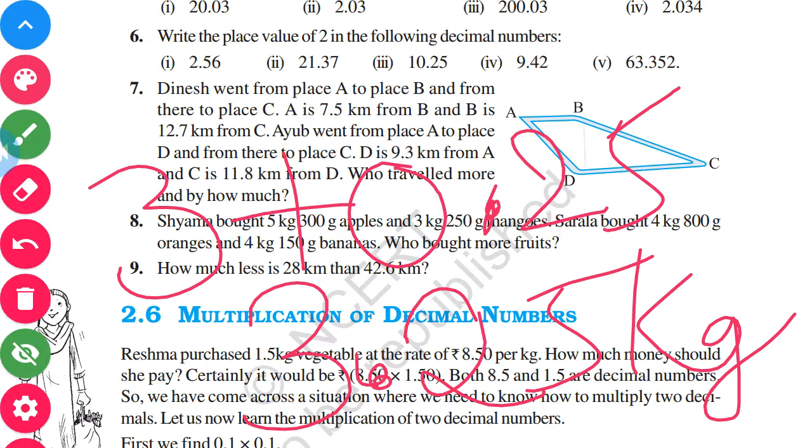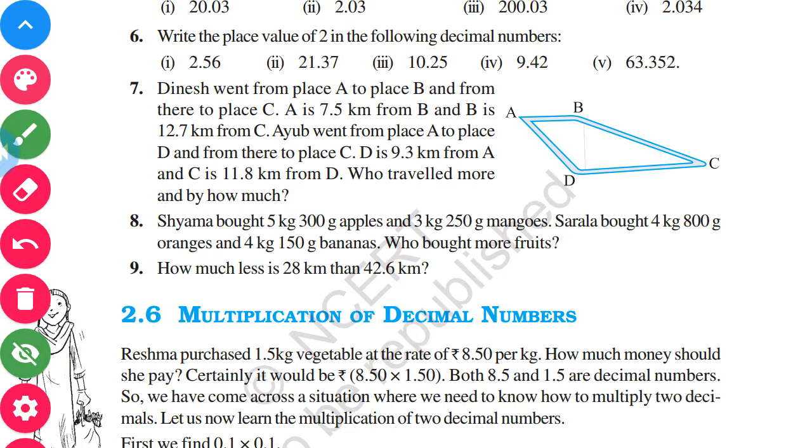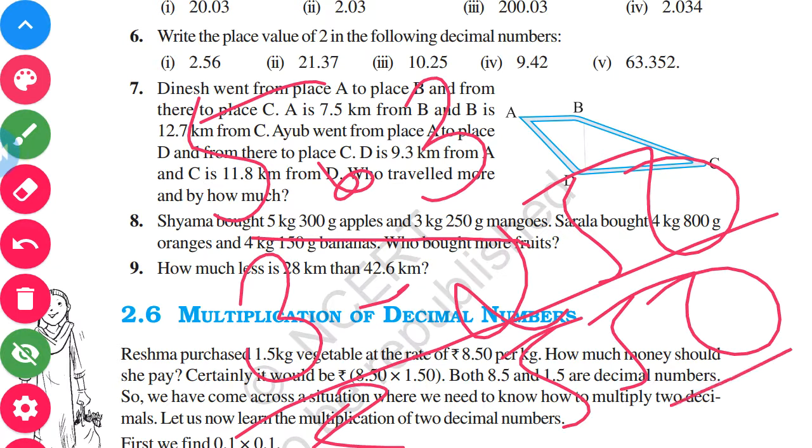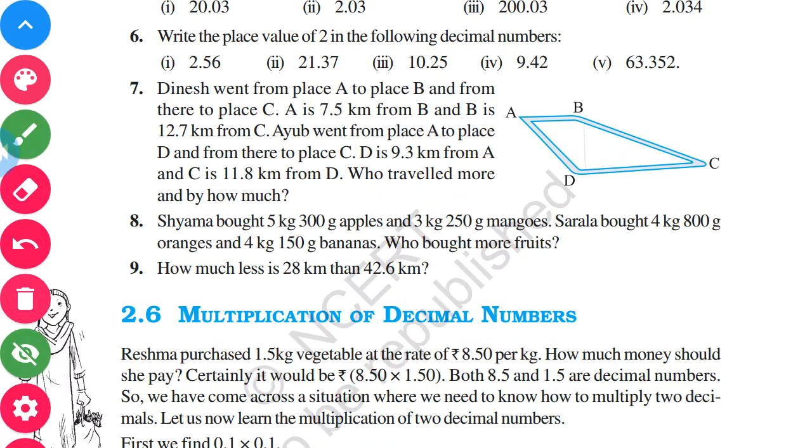Similarly, you have to find the decimals for all the measurements they have given about the fruits, like weights. Then you are going to add these two, and you have to tell Sham bought total. You can just calculate here only. See, it is 5 kg plus 3 kg. If I tell you logically, that is 8 kgs. Okay, and 300 grams plus 250 grams is what? 550 grams. So if I would like to add here, you will get the answer. 5 plus 0.3 plus 3.250. Okay, if I add, what I get is 8.55. Here also you can get it, no problem. Okay, but you can go the systematic way.